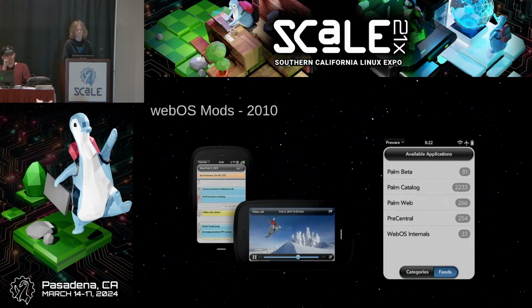Was that on the old Palm Pre? This was the Pre 3 and the Pre 2. Yeah, thank you for confirming that.